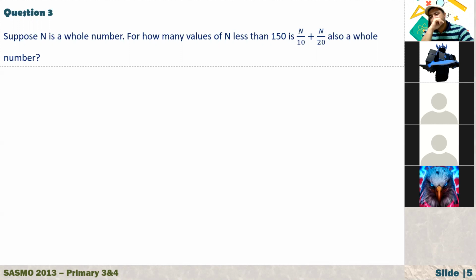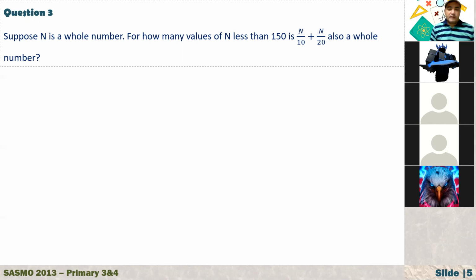Is it 15? Why? I did it in my way. I'm not sure. I always do it in my way. Because if you take 150 and divide it by 10, because n and 10 are together, and I divided it. So if you multiply, it's gonna be 150, and that's why I think it's 15. And you can do the same with 20. It can also be with 20. Okay.